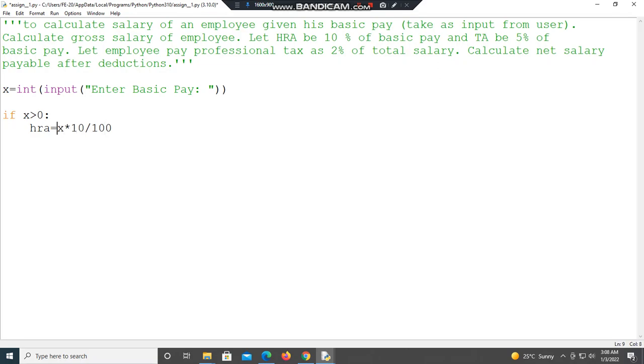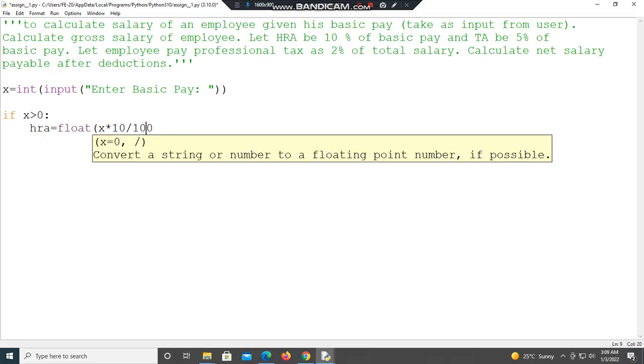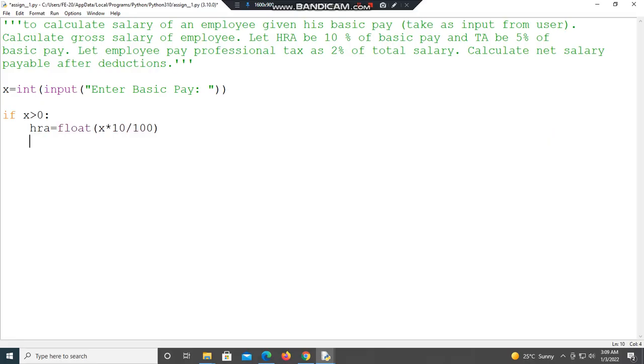Here the basic pay is given in integer, but HRA may be in float format, so you have to convert it into float. If you want, you can print it. Print HRA, and the value of HRA will be given by using the HRA variable.